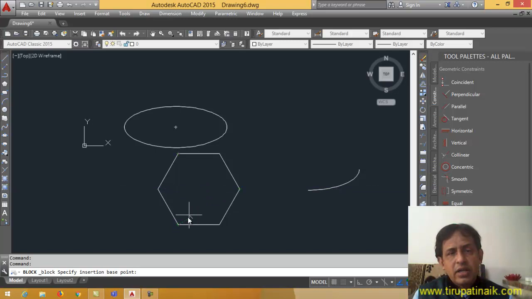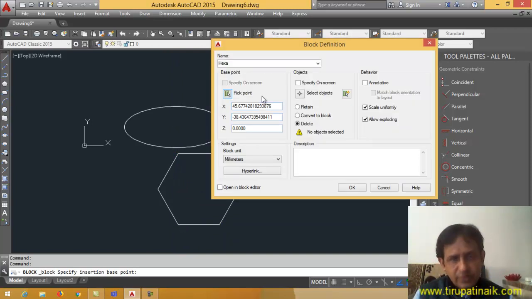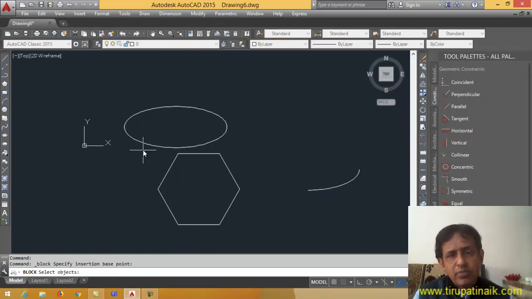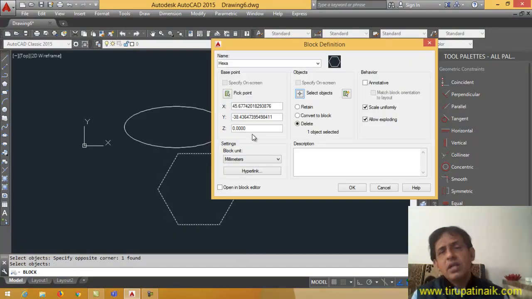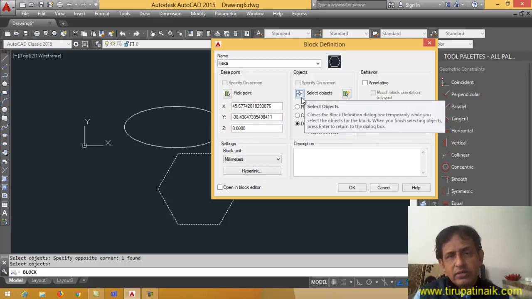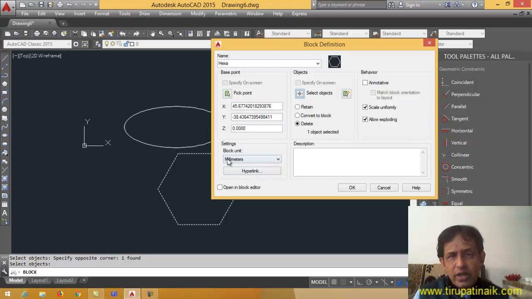So select this point, and you can specify this base point from the center. Then select the object. First I have to select the point, and then select the object.